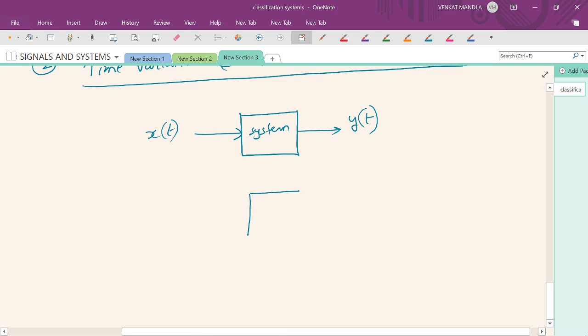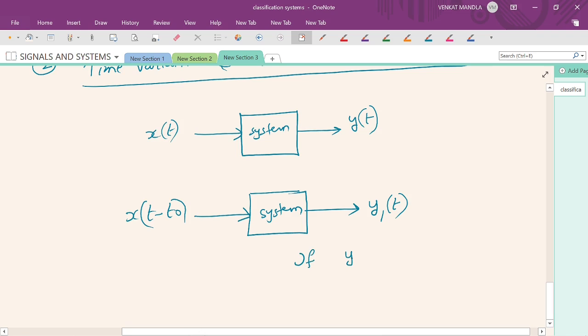Suppose for the same system, first I will apply a delay in the input, that is x of t minus t naught. If I get the output as some y1 of t, and if this y1 of t is y of t minus t naught,